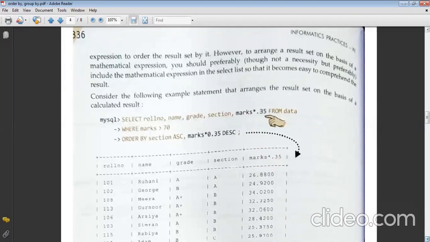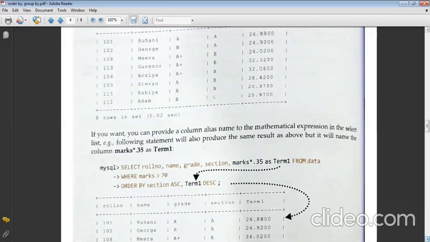So you can also give the column name, like this. You can mention it with as or even without as. But remember that if you are doing it without as, do not put a comma over there. If you put a comma, one more new column is formed. So do not put the comma. Either use the as keyword or do not use anything, just put the column name after it.